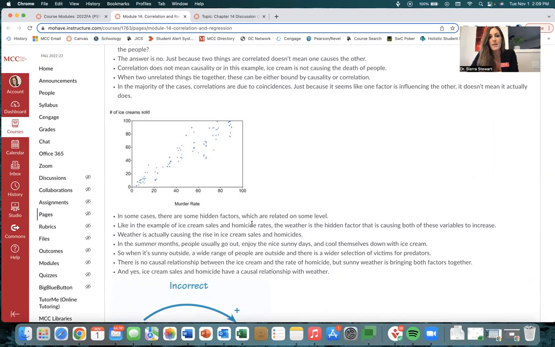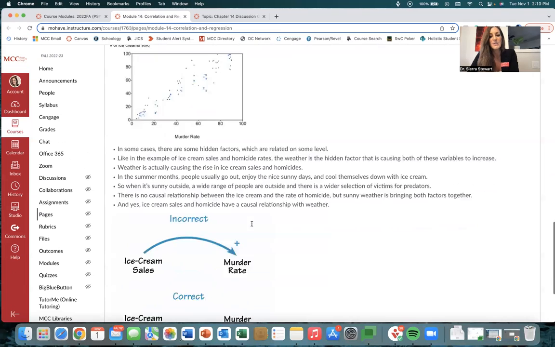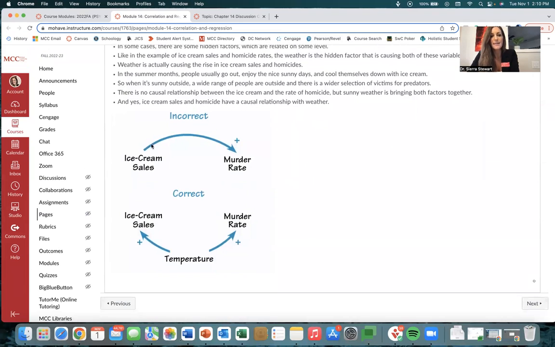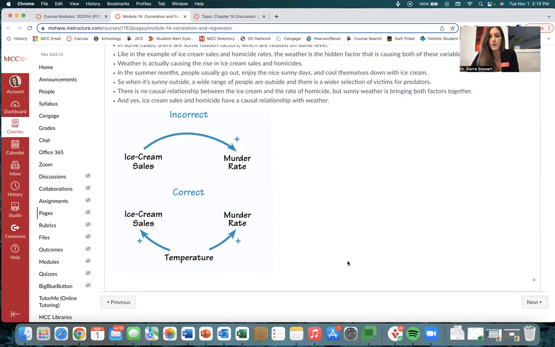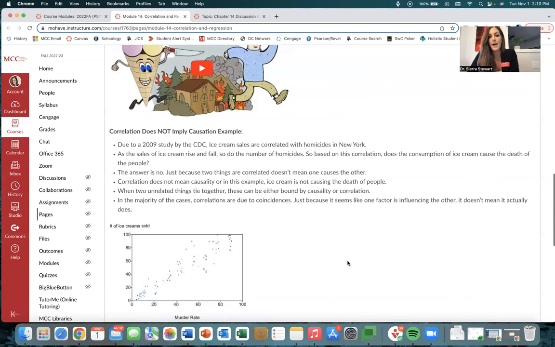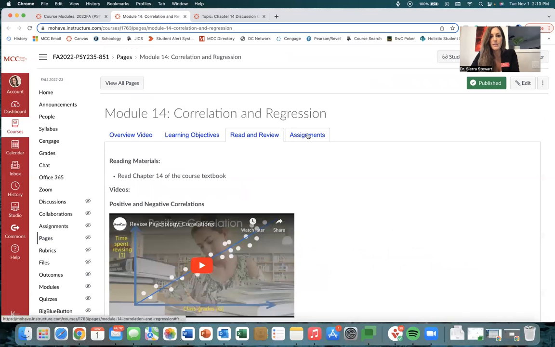So we have to think of maybe the reason for that relationship. Just because we get a correlation doesn't mean that there's a cause. That's the number one thing that psychologists use: correlation does not equal causation. All right. So you can see here, incorrect, ice cream sales, murder; no, ice cream sales and temperature is the main thing with the murder. So you can see how that is going to be related. All right. So that's just an example that hopefully will help you for your assignment, which is going to be